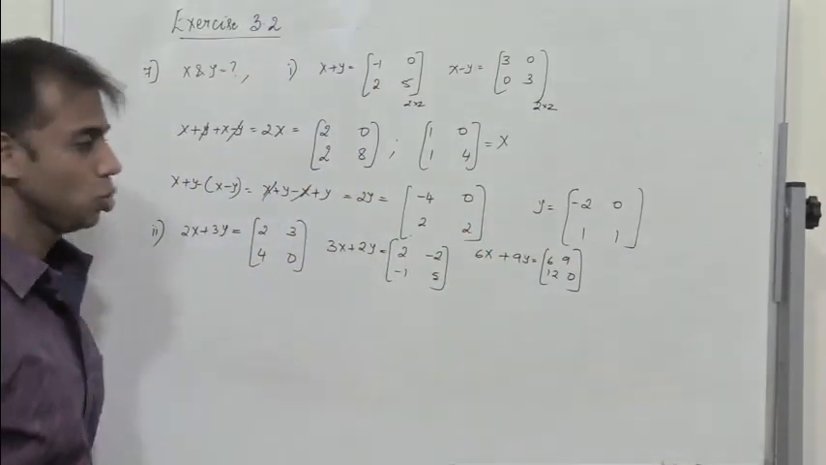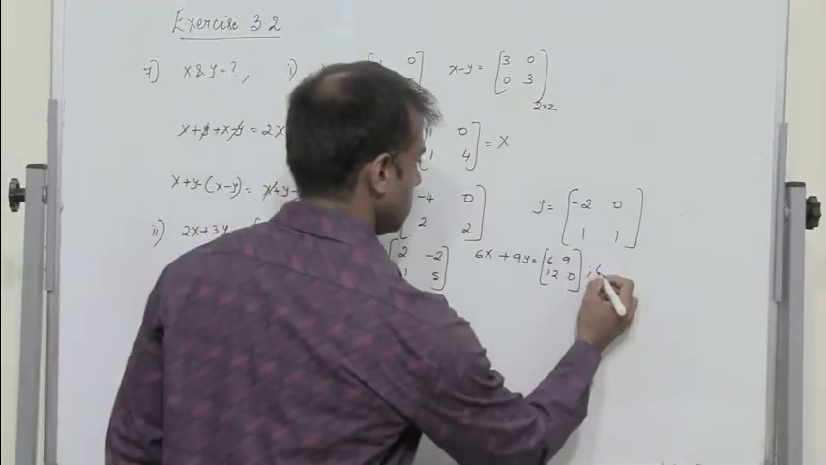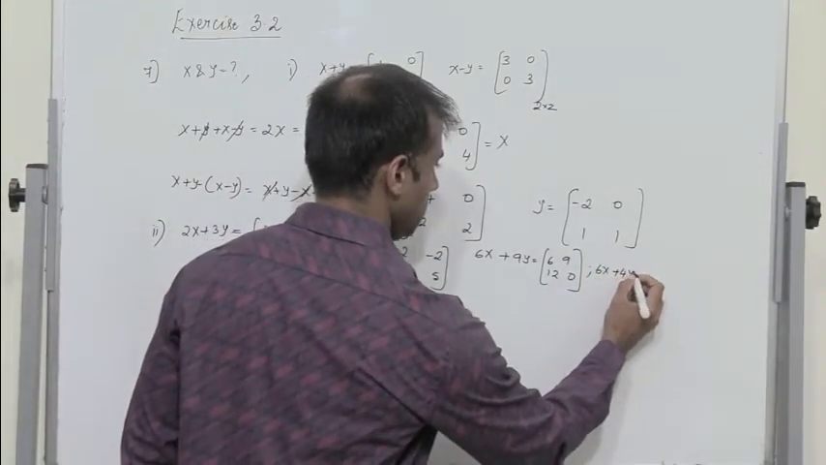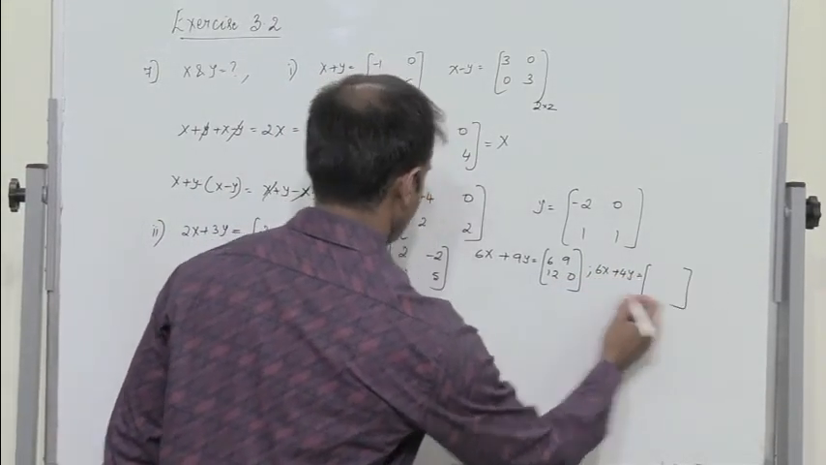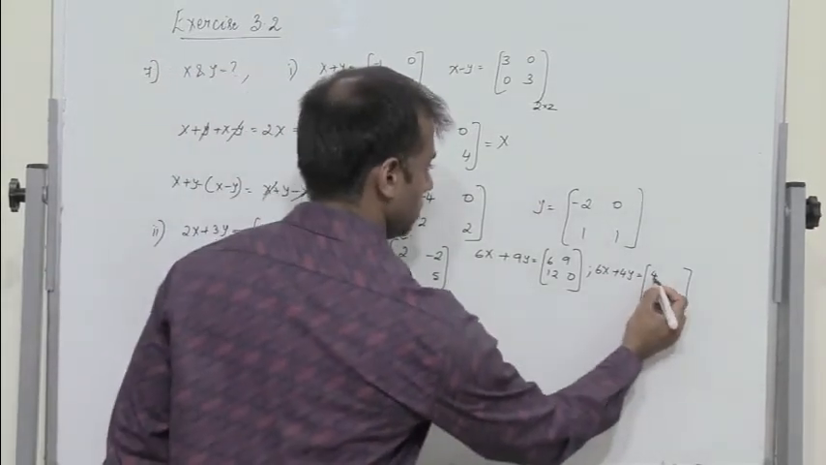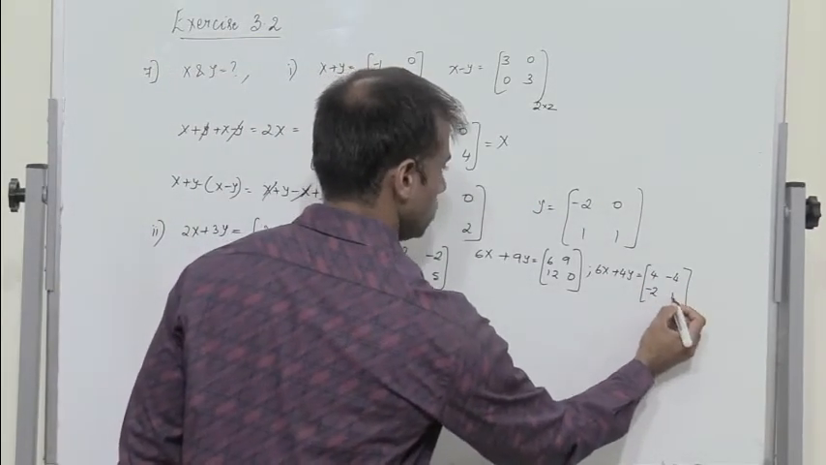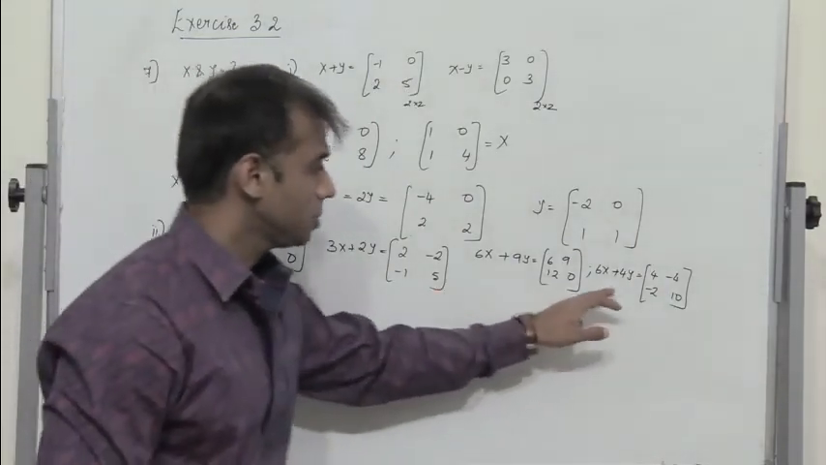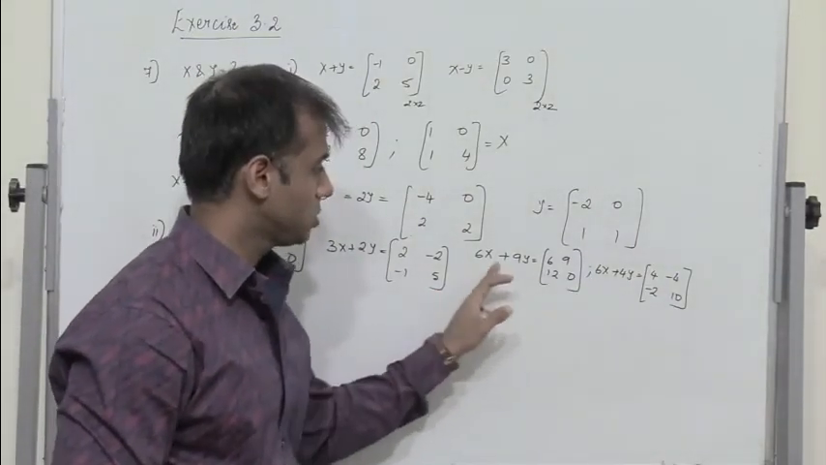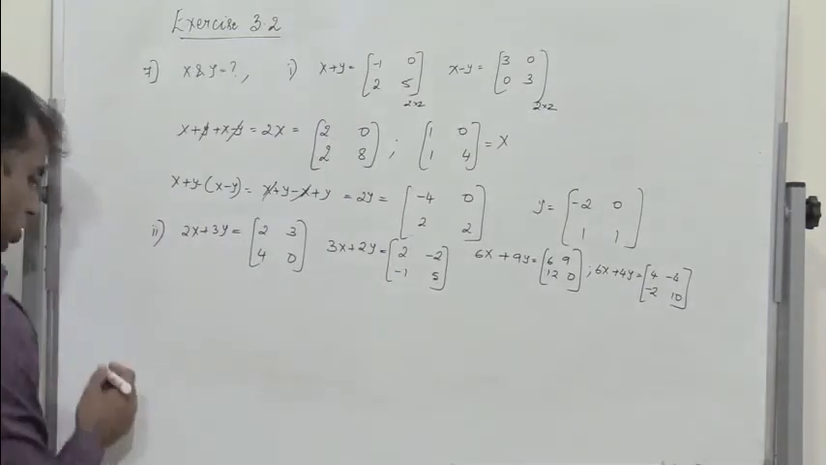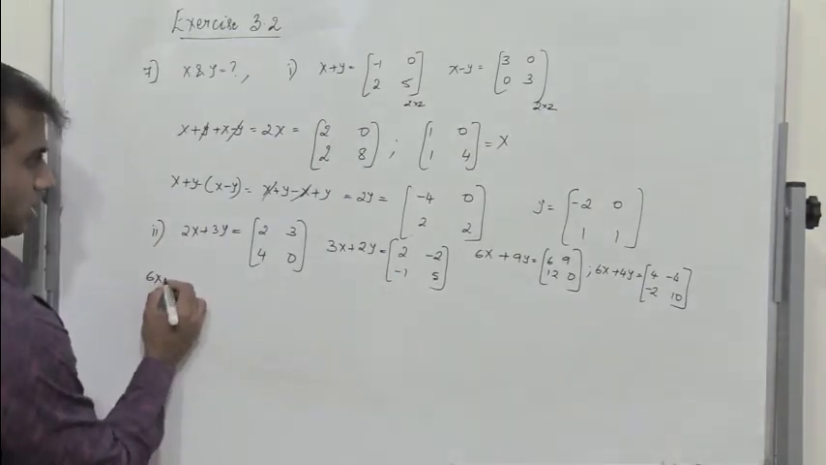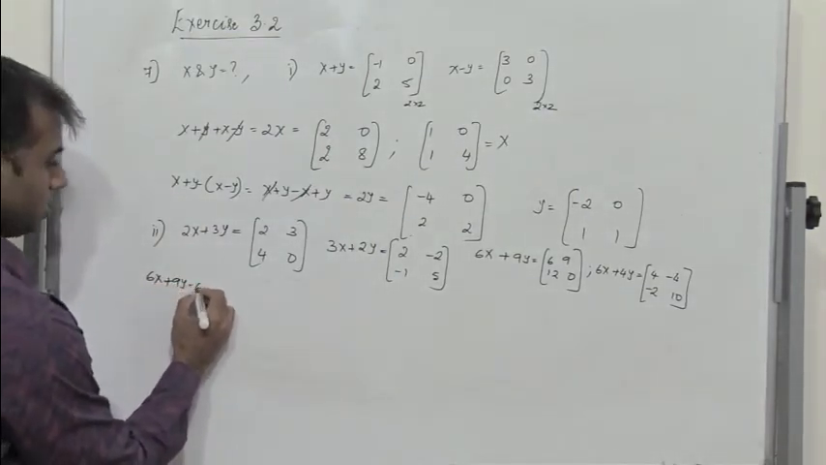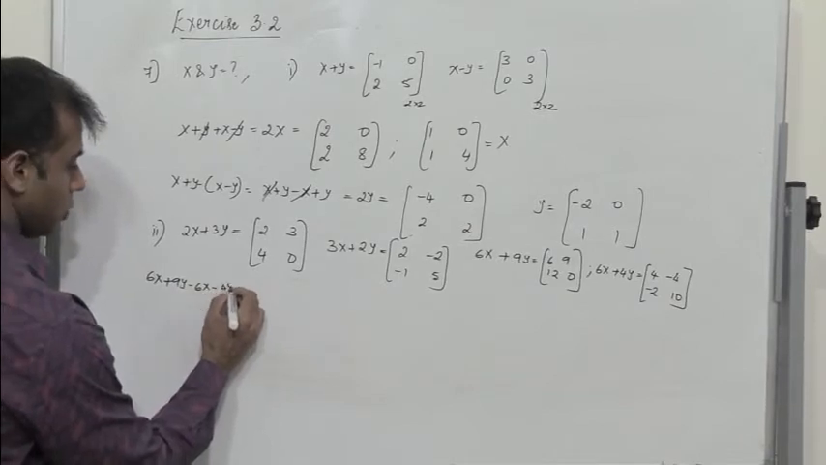Multiply this with 2. So you get 6x plus 4y, which is 4 minus 2, 10. Right? So now what do I do? I subtract these two. So when I subtract these two, which is essentially 6x plus 9y minus 6x minus 4y,